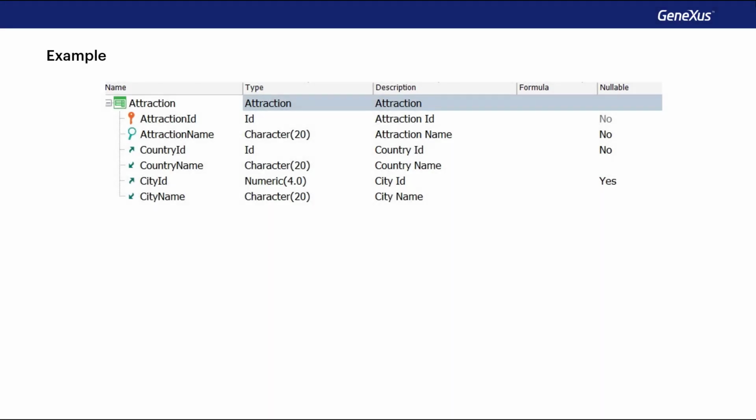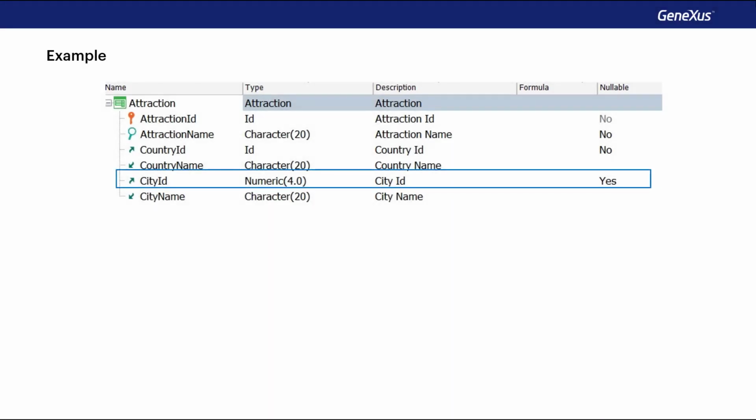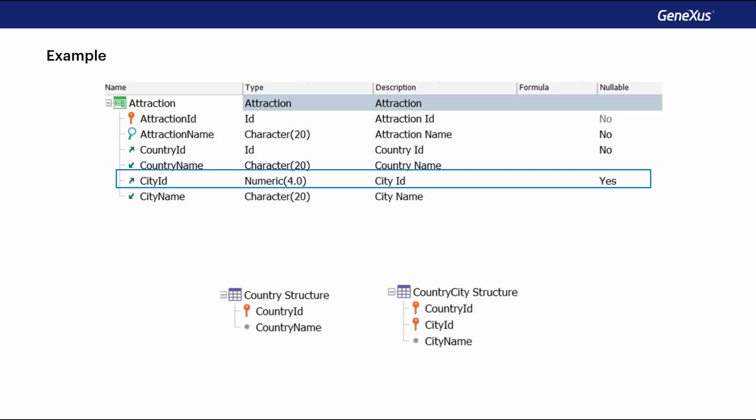So, if in the attraction transaction we indicate that the city ID attribute accepts nulls, it will imply that Genexus will not make the corresponding referential integrity checks on the country-city table when the value of this attribute is not indicated.